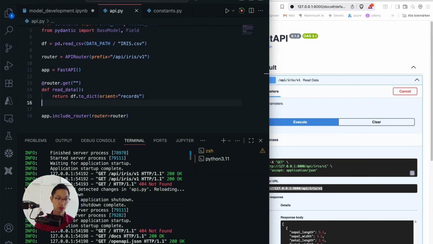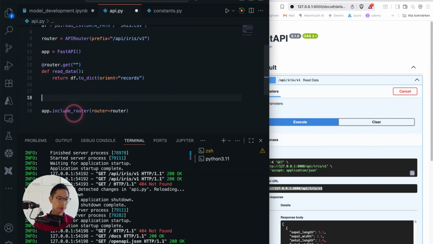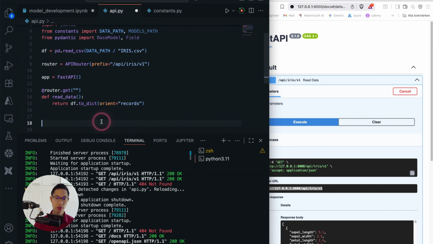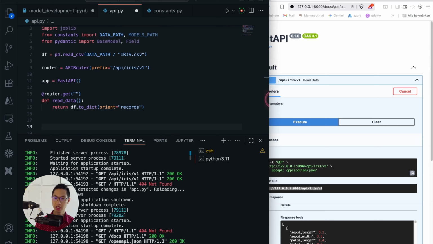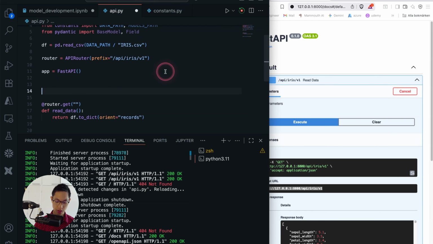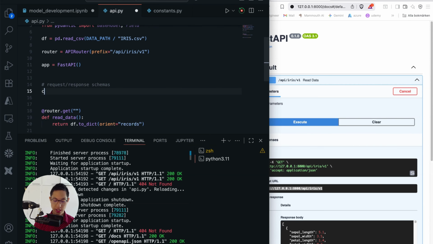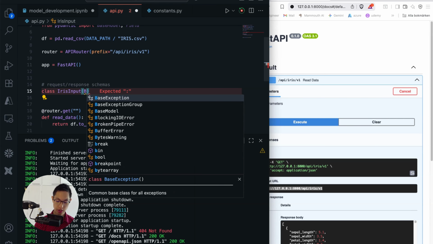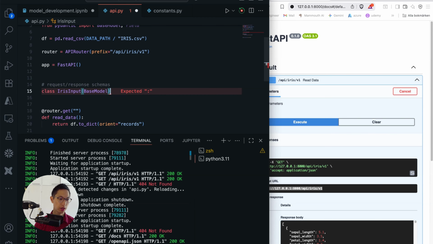Good. Now we can create our prediction. That's quite easy. But for doing the prediction, we want to have some validation of the data as well. To get the validation, we have the fantastic library of Pydantic. What I want to do is that here after app, we can do request, response schemas. Basically, we get the data validation, class IrisInput. I want to have the BaseModel here, BaseModel, colon,